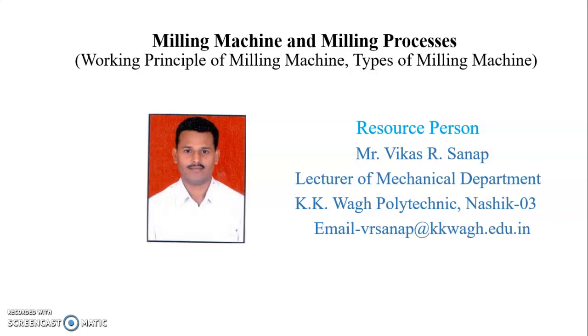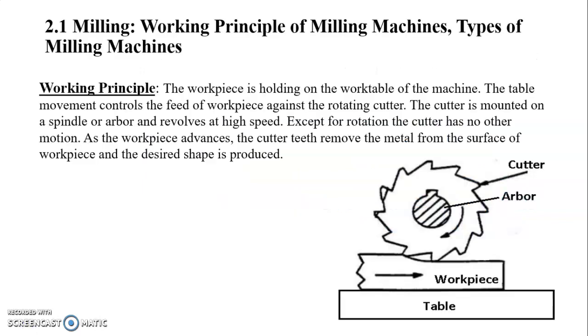A milling machine is a machine tool that removes metal as the work is fed against a rotating multi-point cutter. The cutter rotates at a high speed. The milling machine is widely used in production work as it can hold one or more cutters at a time. The accuracy and surface finish obtained by milling machine is superior to any other machine. Complicated jobs like gear, cam, helix can be done on milling machine. So this is the working principle of milling machine.